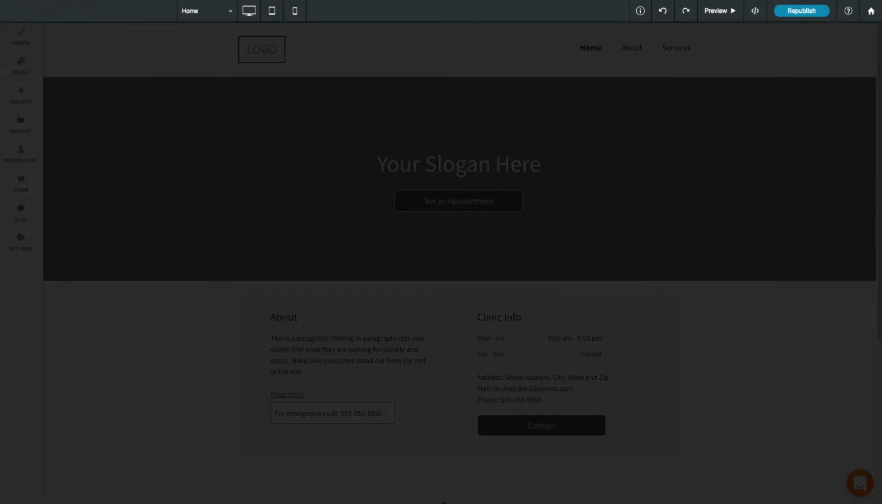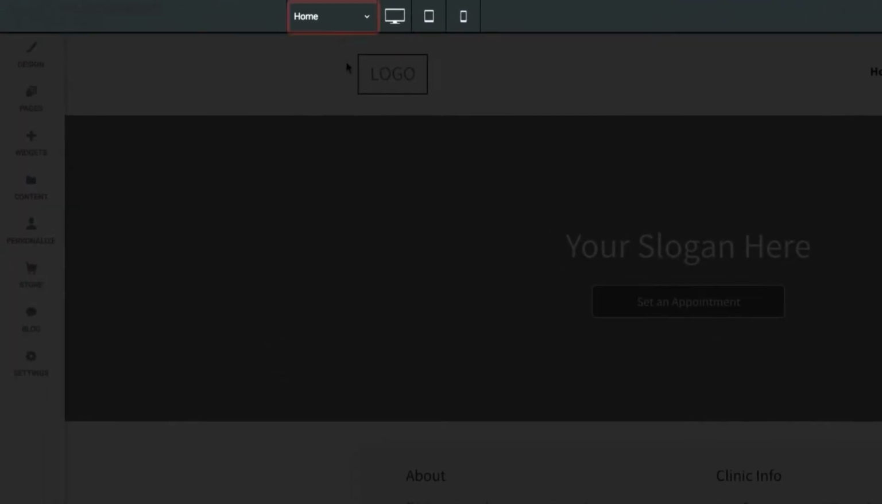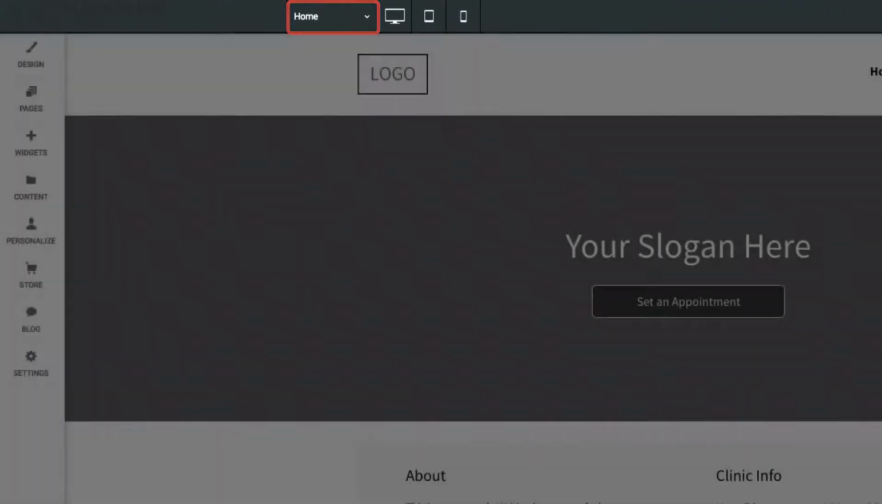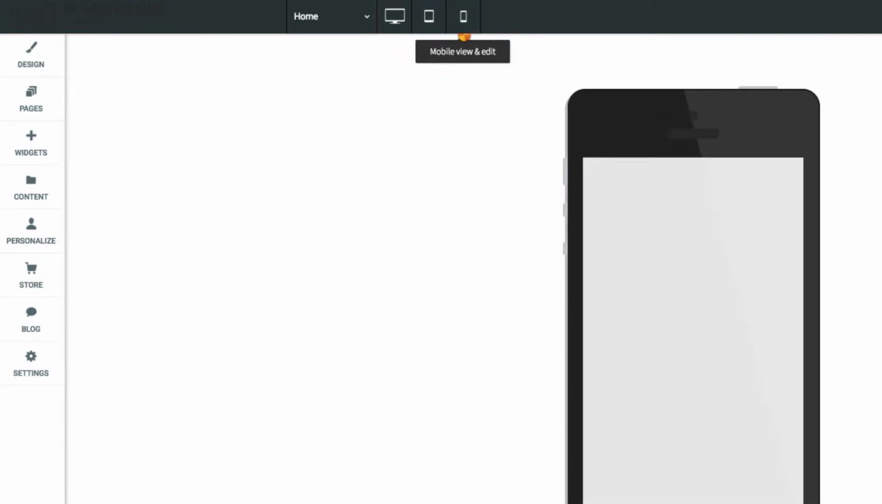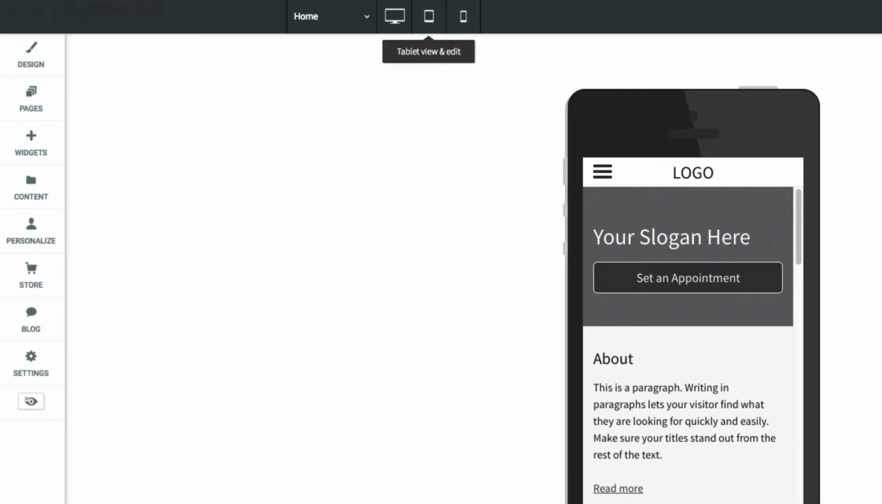At the top of the responsive editor is the top bar. Here you can quickly jump to other pages on your site, or change the view from desktop to tablet or mobile. It's important to remember that these are not separate websites, but instead are how your site will look on